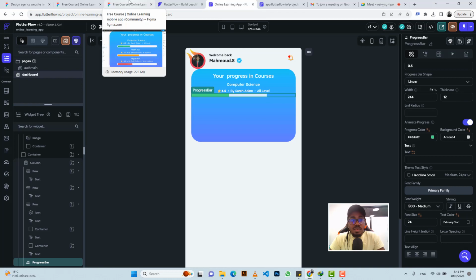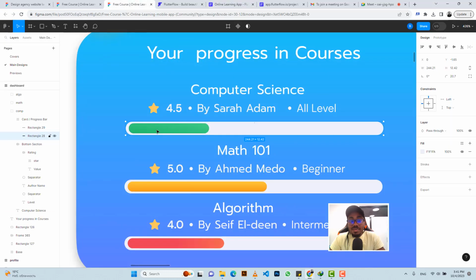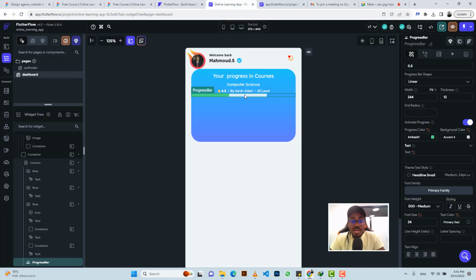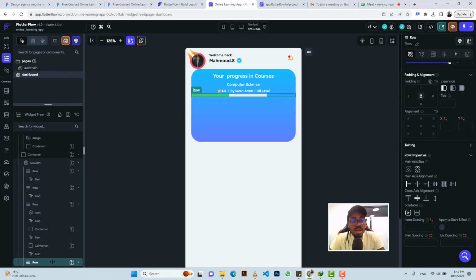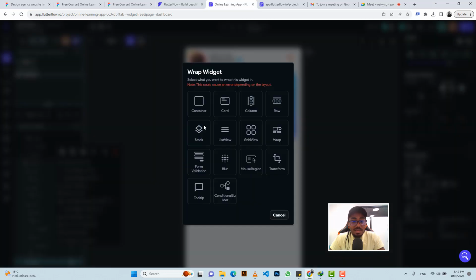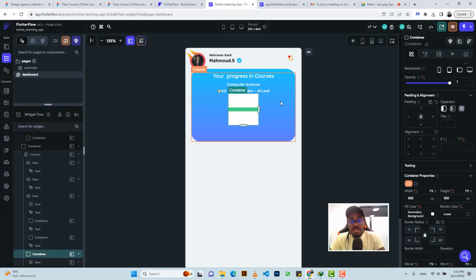Now observe, this whole thing is inside a container. So this is a container 244 by 12, right? But the indicator itself is 76 by 9. So let's come over here and right click on this indicator and wrap it in a row. Yes, and then let's wrap that row in a container. Perfect. Now that container is going to be 244,